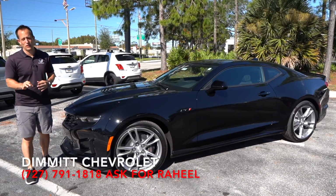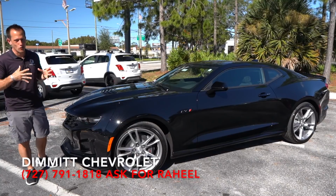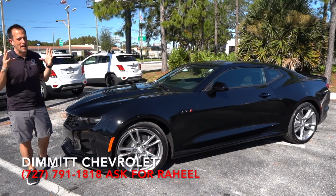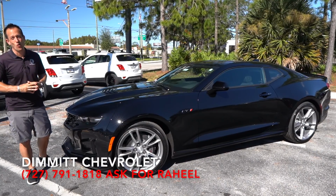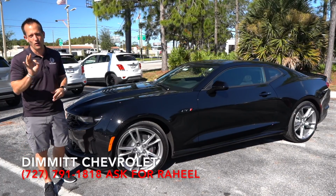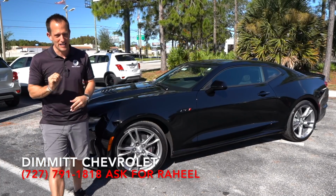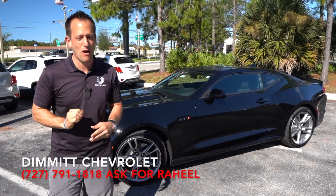I'm back here at Dimmitt Chevrolet in sunny Clearwater, Florida, and guess what? We have the Bargain Buster muscle car currently available for sale in the good old US of A. This is a 2021 Camaro LT1. But before we dive into this muscle car that really is priced pretty much just about right, let's talk about